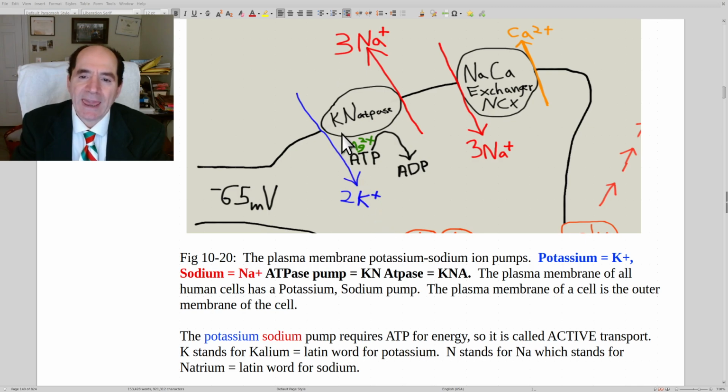So I wrote it as KN, as in K is for potassium, K comes from kalium, the Latin word for potassium, and N comes from natrium, the Latin word for sodium. Okay, so 2 K pluses are pumped in, and 3 Na pluses are pumped out. So 3 positive charges pumped out, 2 positive charges pumped in. So it leads to a net negative